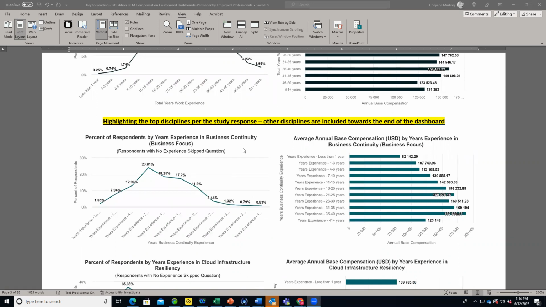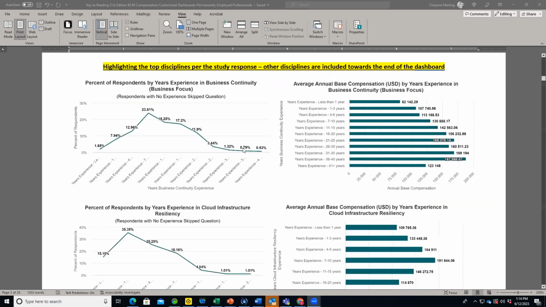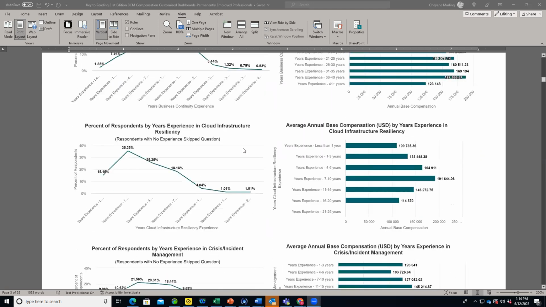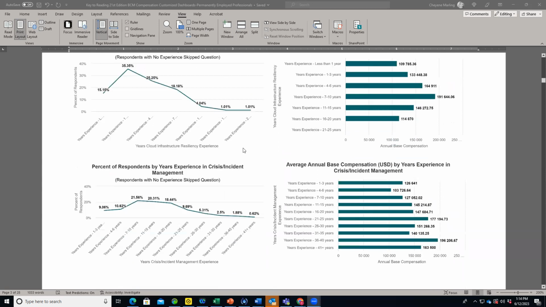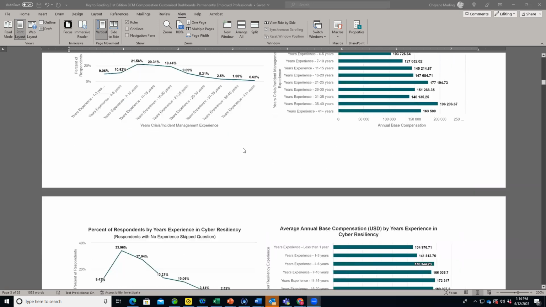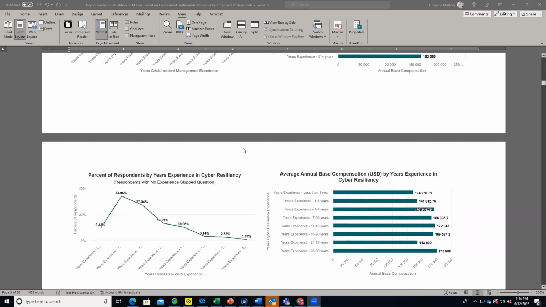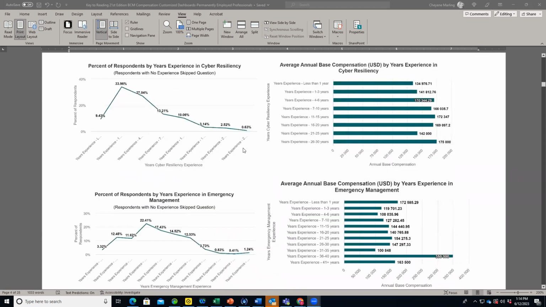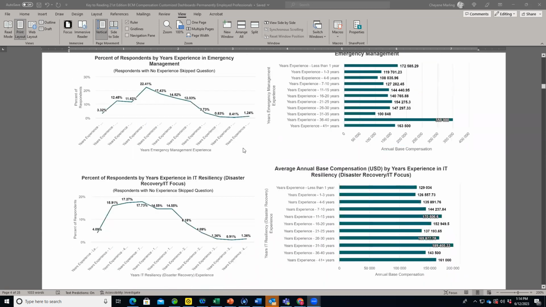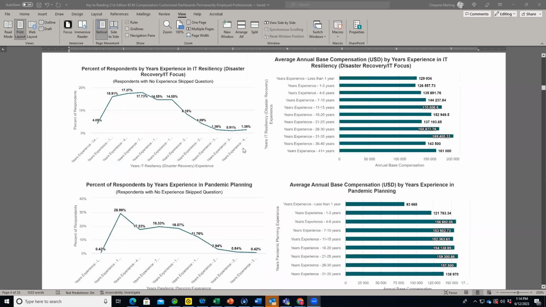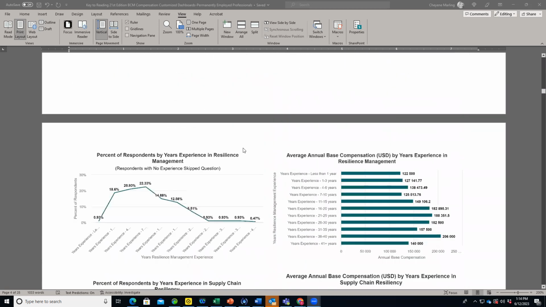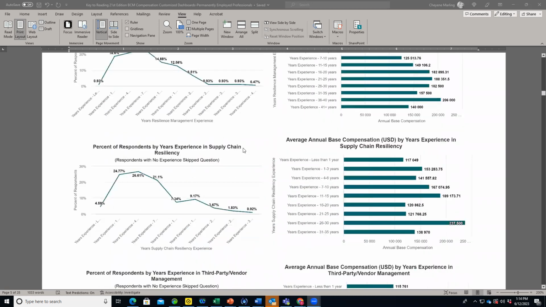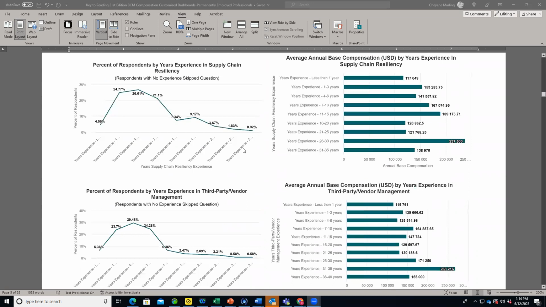So we have the top disciplines, which was business continuity, years of experience in cloud infrastructure, crisis incident management. This is by alphabetical order: cyber resilience, emergency management, disaster recovery, pandemic planning, resilience management, supply chain resiliency, third-party